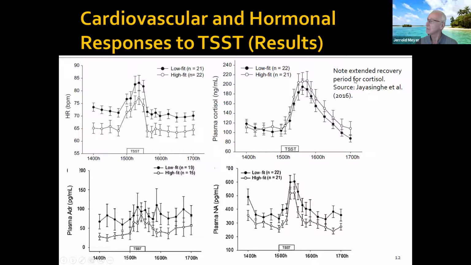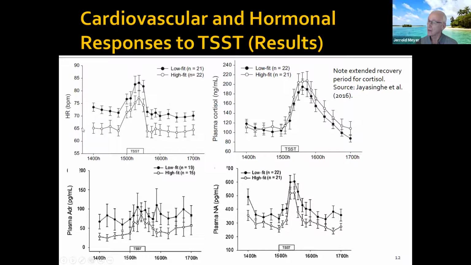And note that in this particular study, they took a lot of blood samples because it was easy with the catheter being in there. And so they really got very detailed data on recovery from the stress response, the cortisol stress